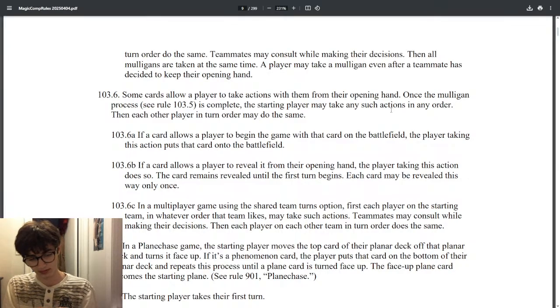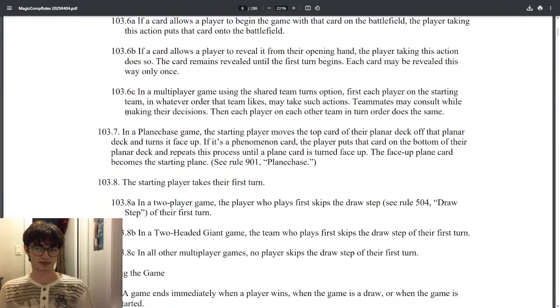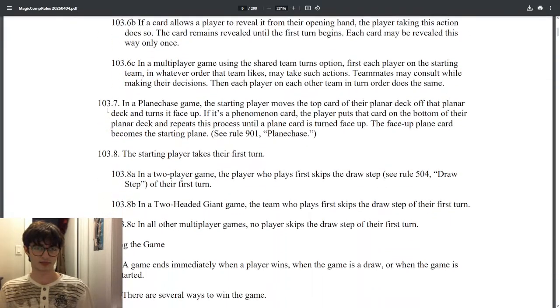Those things. It is set. Yeah, so this just means you do it in turn order. And you do it whoever wants to go first in your team.